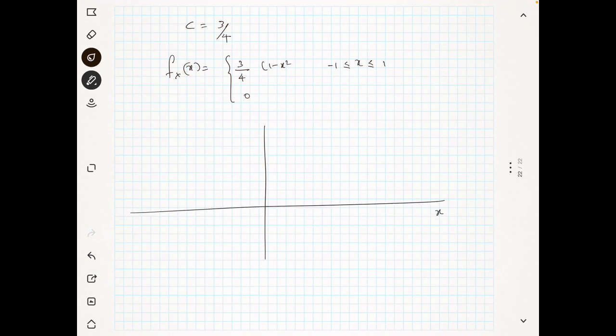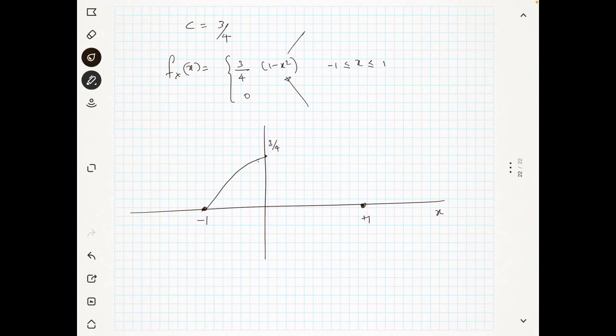Okay, this is your x-axis and this is your minus 1 and this is plus 1. Now if you put x is equal to minus 1, so minus 1 square is 1, so 1 minus 1 is 0, so this will be 0. Now when x is equal to plus 1, again you will get 0, and you can see this is a nonlinear curve, so you can fit like this, and if you put x is equal to 0, you will get the value as 3 by 4,